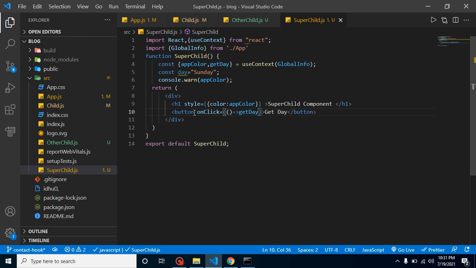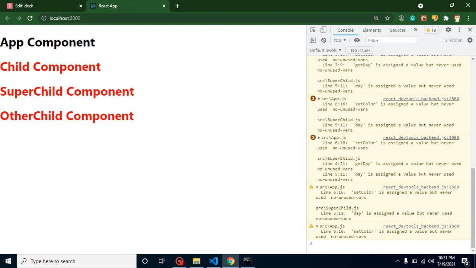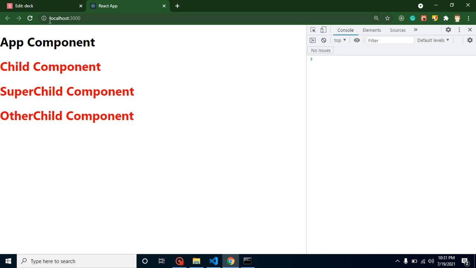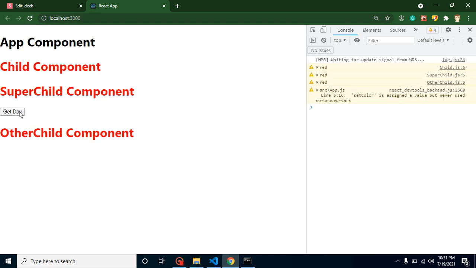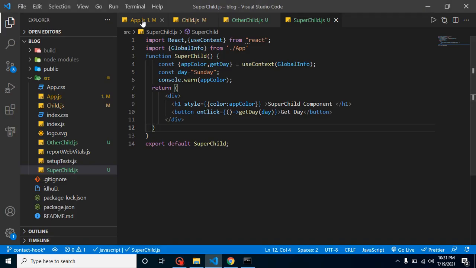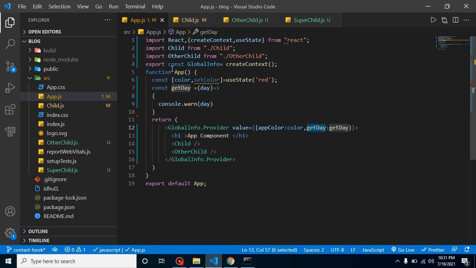And now we can pass some data from here. Let's say I would like to pass day here, and now let's see what we are getting. I will refresh it once. Whenever I click over it, you can see that we got the Sunday in our console, which we put inside our app.